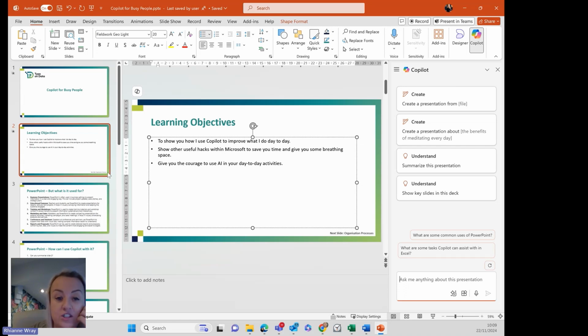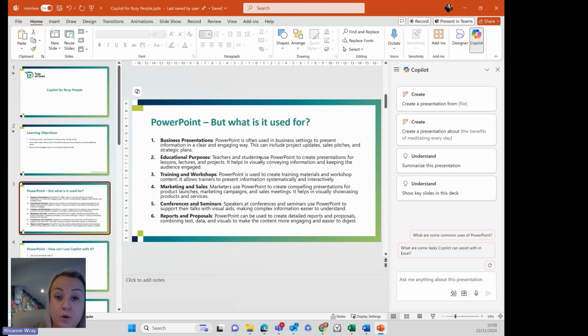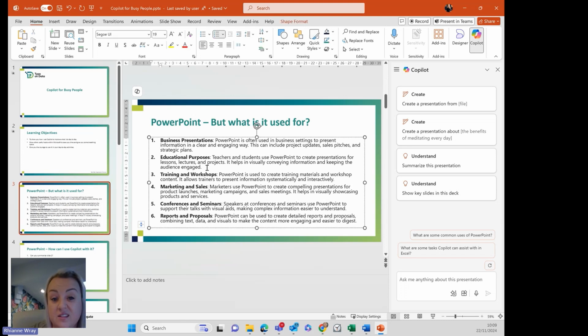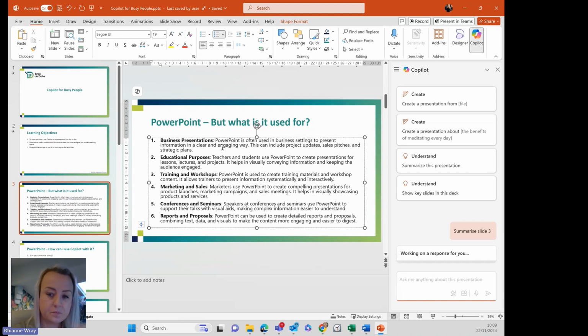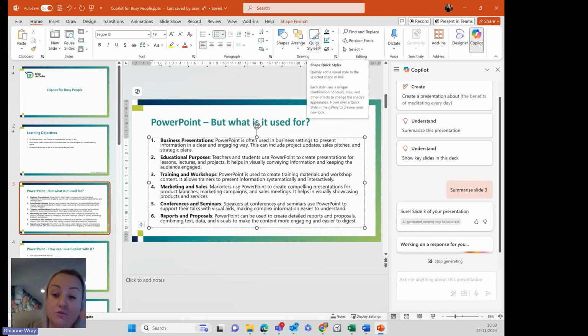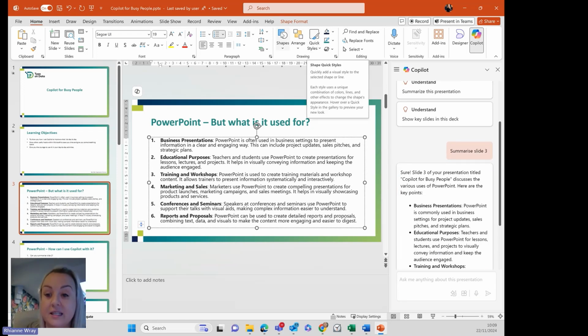One of the questions I asked it yesterday was, PowerPoint, what's it used for? And this was the answer that it gave me. So it can be used to populate your PowerPoint. It can be used to ask questions about your PowerPoint. So I can ask it things such as, let's summarize slide 2. No, let's go for 3, because 3's got the most information on. So it's going to go off, read everything,